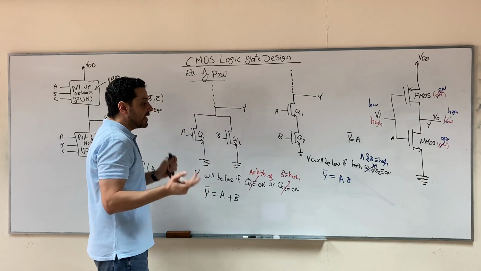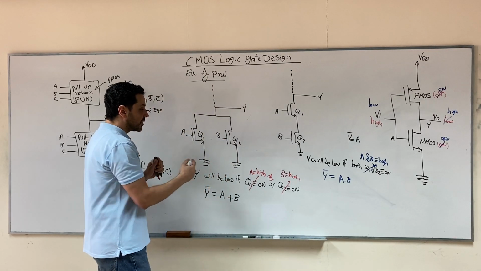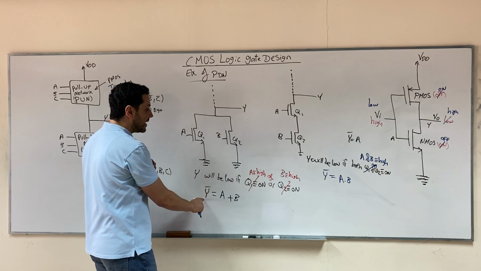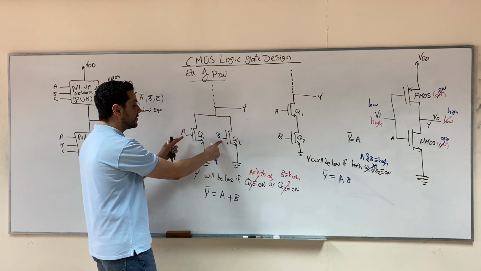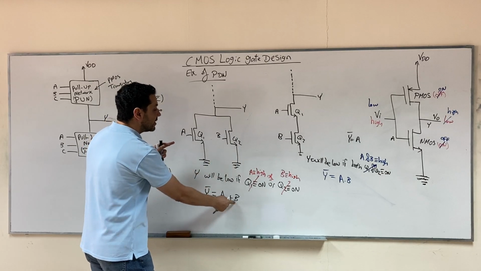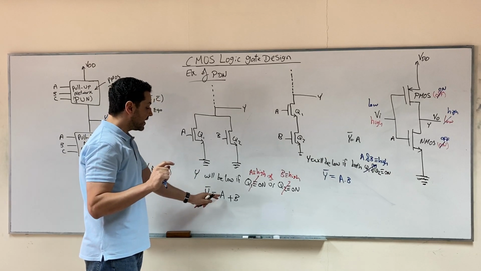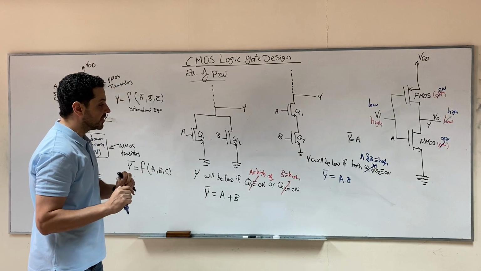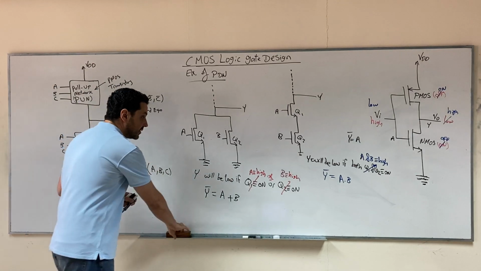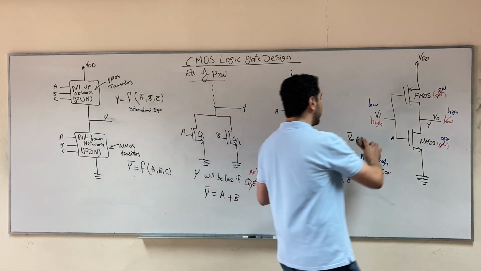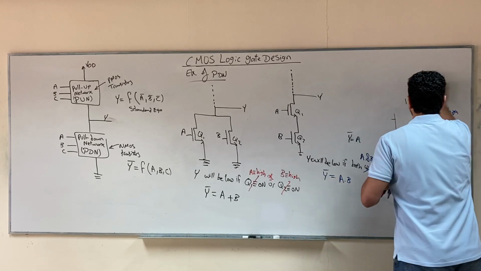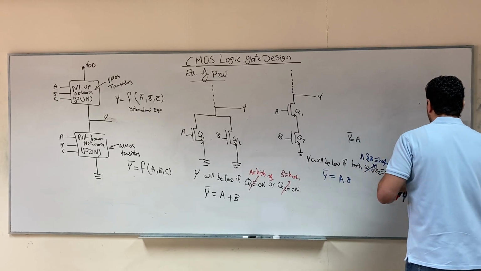The second lesson is that there is a standard form for the pull down network: Y bar will be written as a function of the inputs without inversion. So the output inverted will be written as a function of the inputs without inversion. Let's take one more example. If I give you a pull down network that looks like this,